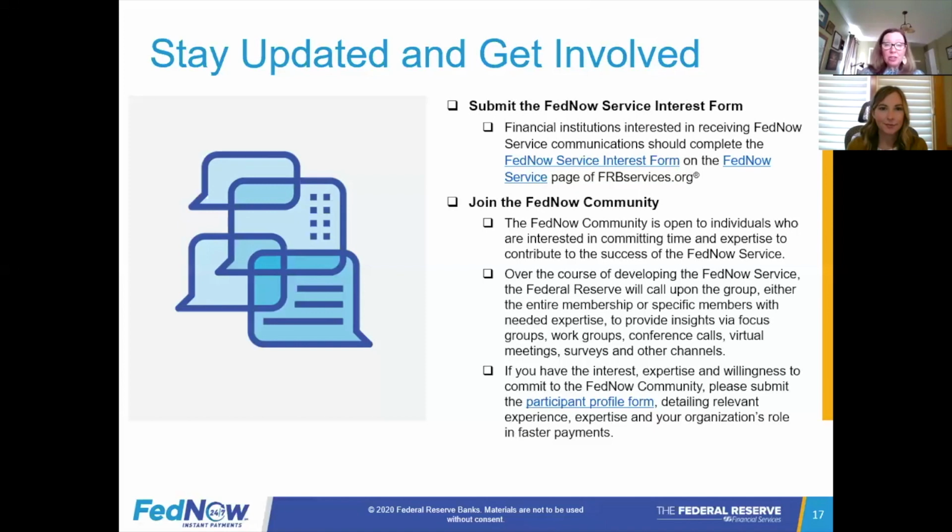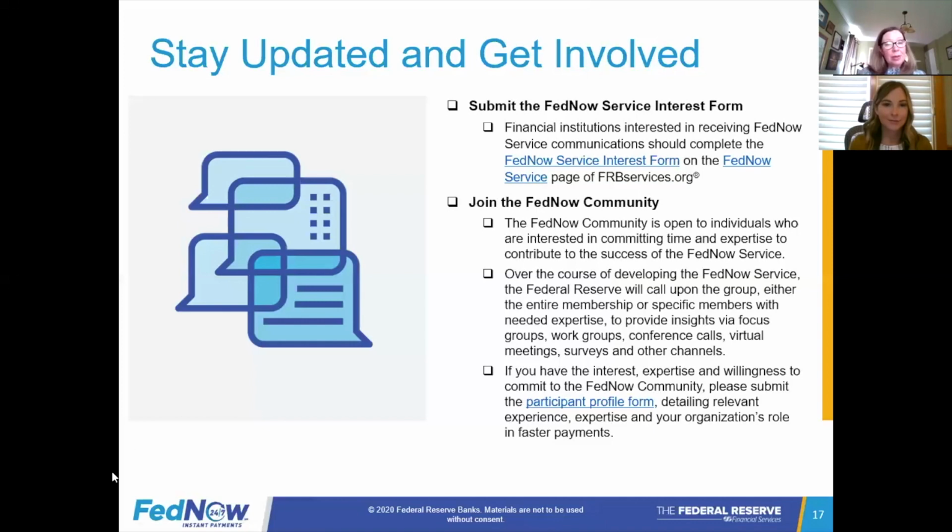Working group formation has already begun. The ISO 20022 working group kicked off in July to inform and refine the FedNow ISO 20022 message specifications that Jamie mentioned. And the reconcilement work group is made up of large, medium, and small financial institutions and third-party processors who handle reconcilement on behalf of their customers. And that will support the planning and design work to facilitate FedNow service reconcilement activity.